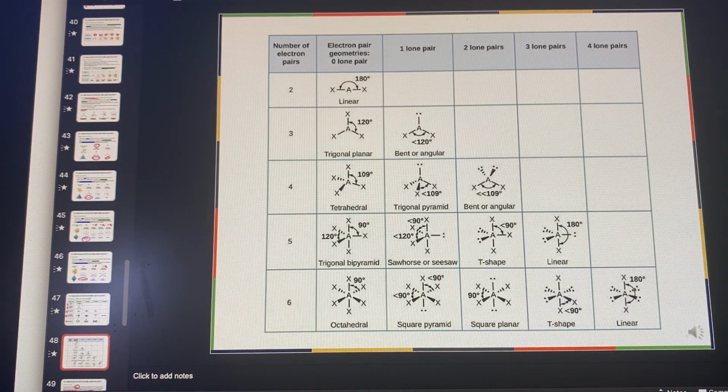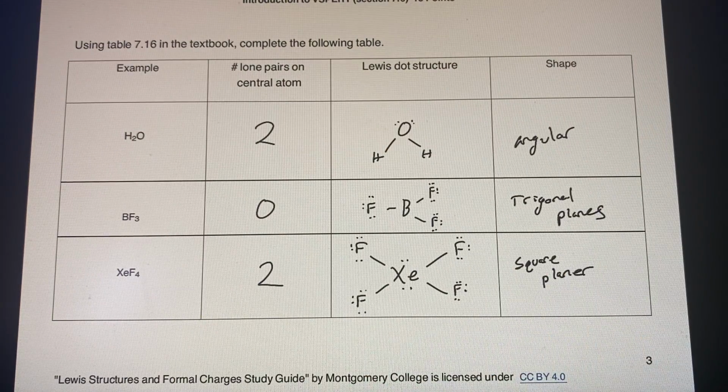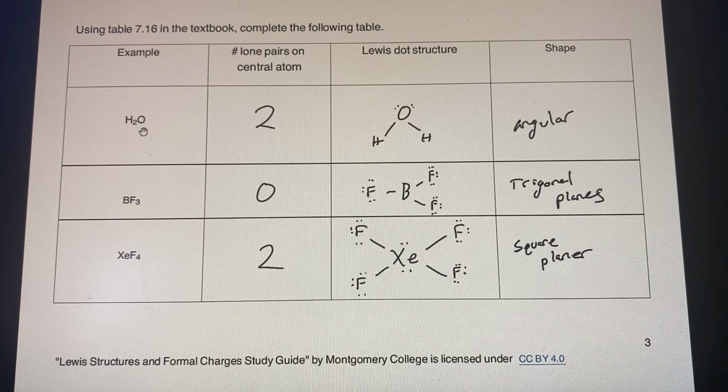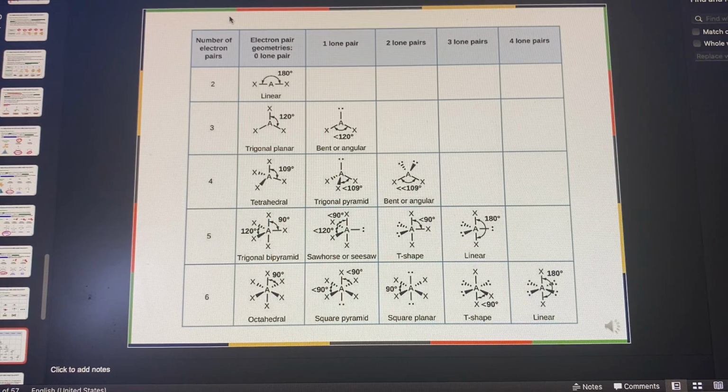And so using this table, we're able to find the different shapes of these different molecules. So here we have, for example, dihydrogen monoxide with 2 lone pairs, as we see here, due to the number of valence electrons, and therefore we then go ahead and find it where we have 2 lone pairs,